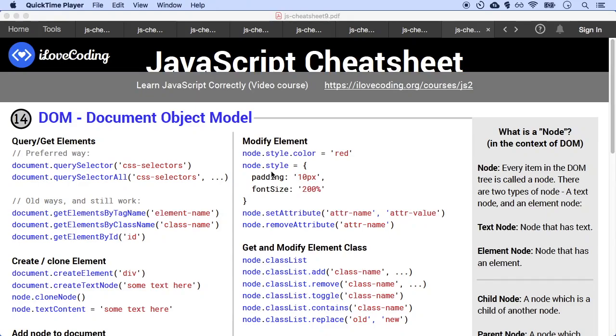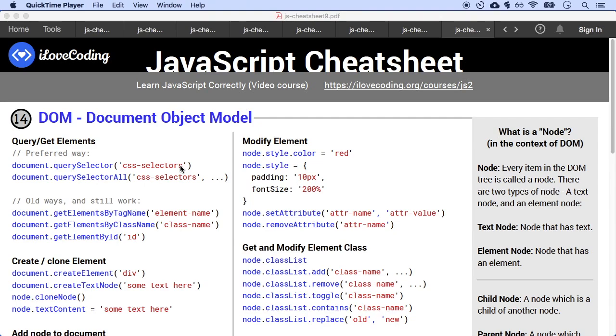Let's start working with the DOM. The first thing we want to do when we are working with the DOM is to select a particular element or select a particular node. And to do that, we have a simple API called document.querySelector. It takes a CSS selector style string and it just goes to our document and selects whichever element